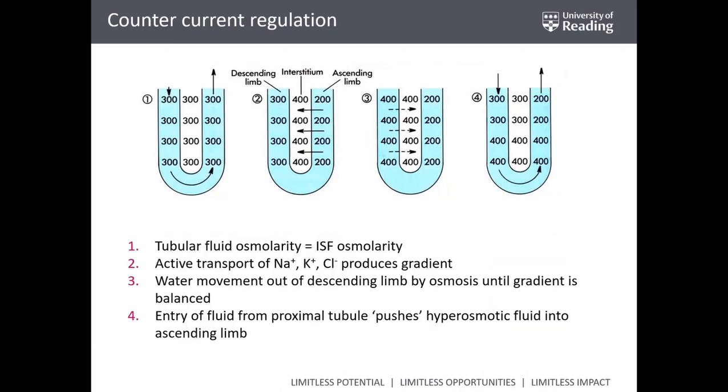So let's repeat it, okay? This time with writing. In step 1, the tubular fluid osmolarity is equal to the interstitial fluid osmolarity, both in the descending and the ascending limb, and that's 300 milliosmoles per liter. Then, in the ascending limb, the active transport of sodium, potassium, and chloride allows to increase the concentration of solute in the interstitium, but since the junctions between cells in the ascending limb are tight and they do not allow the passage of water, then